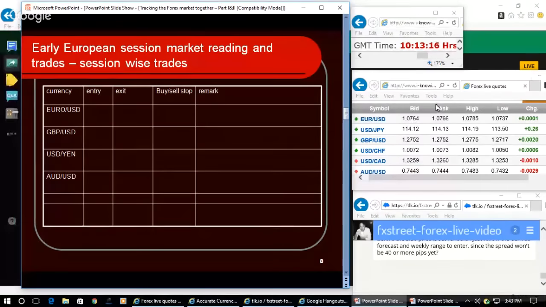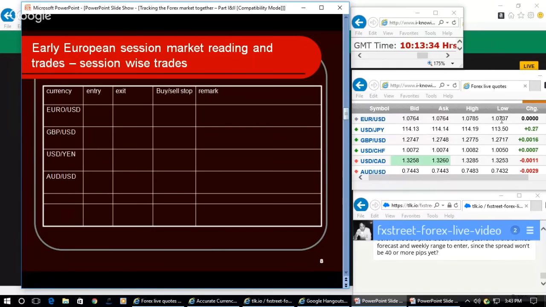All along we have seen that euro was expected to go up, but after making a brief upward stop it has come down and is holding below that. So it is likely to come down closer to the low, or make a brief downward stop below the low, before making a rise during the US session. So let me enter the trades for you.